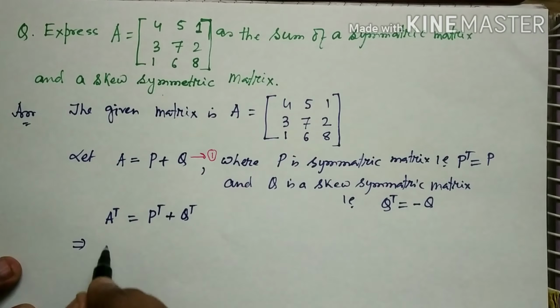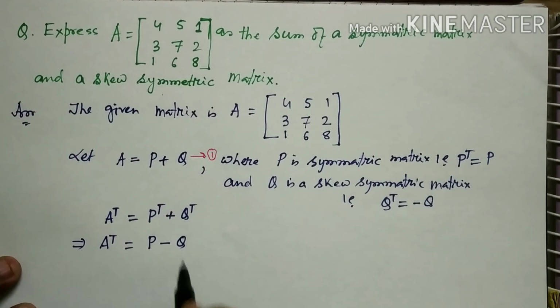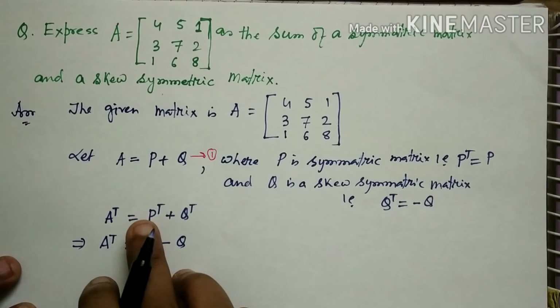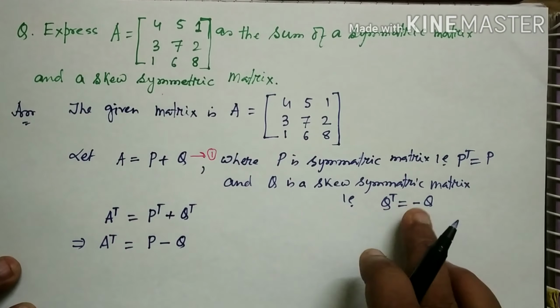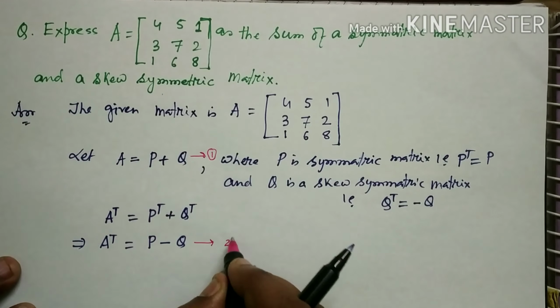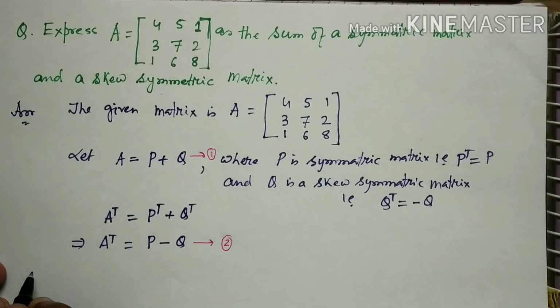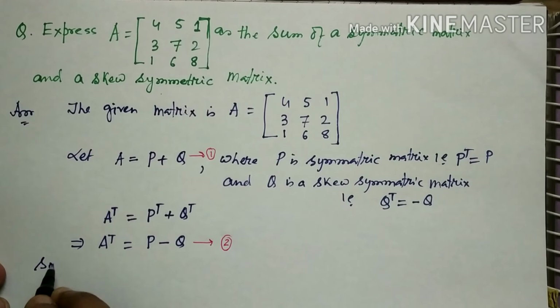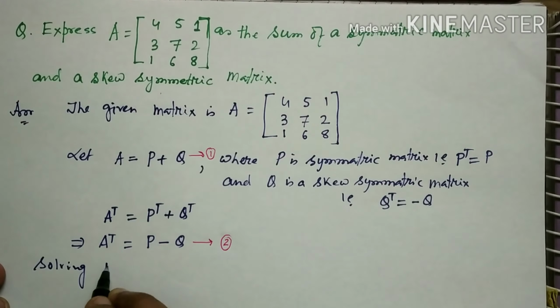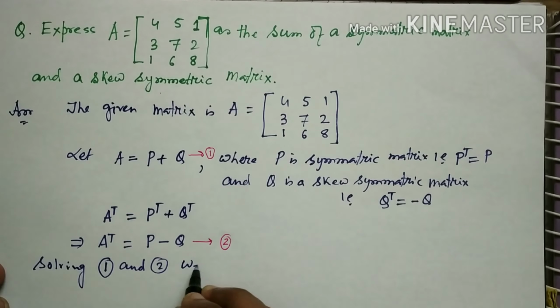So from here you may write A transpose is equal to P minus Q, because P transpose is equal to P and Q transpose is equal to minus Q. Okay, this is number 2. Solving 1 and 2, we get,